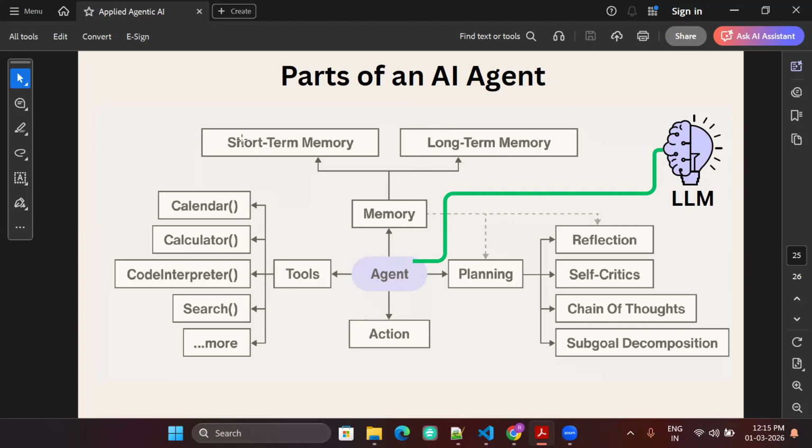Same for short term memory. You can decide to store some short term memory of events that have happened in this, and that's how you can use memory to save cost but also rework.